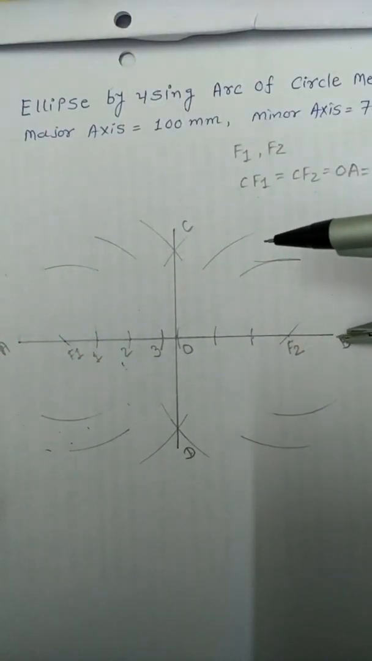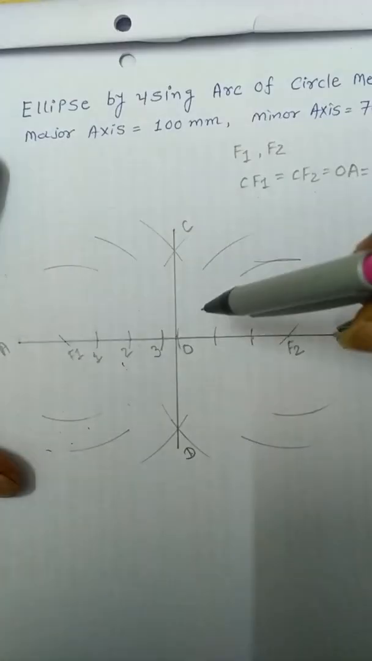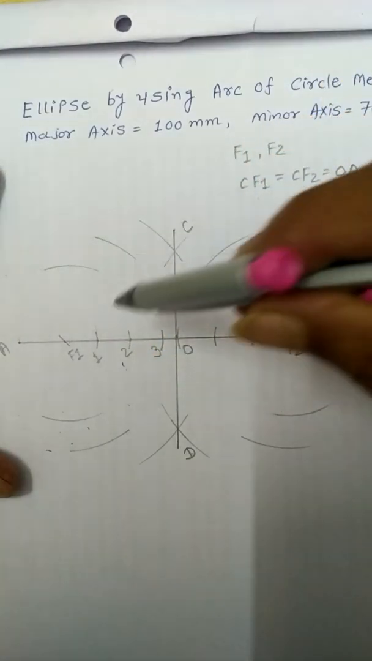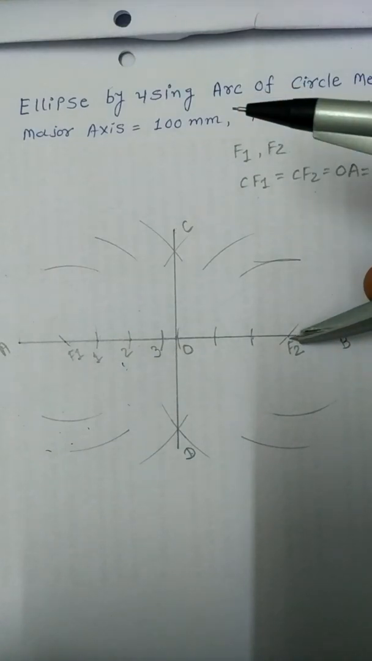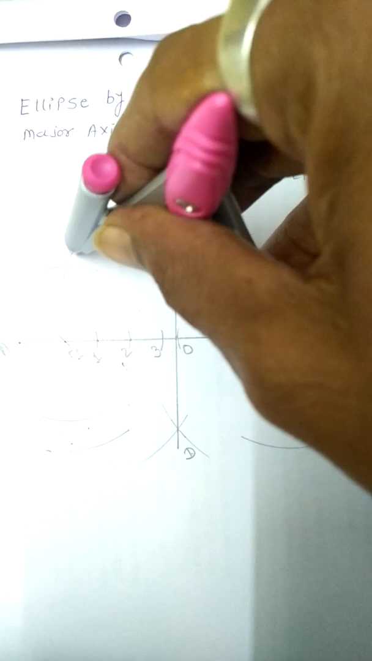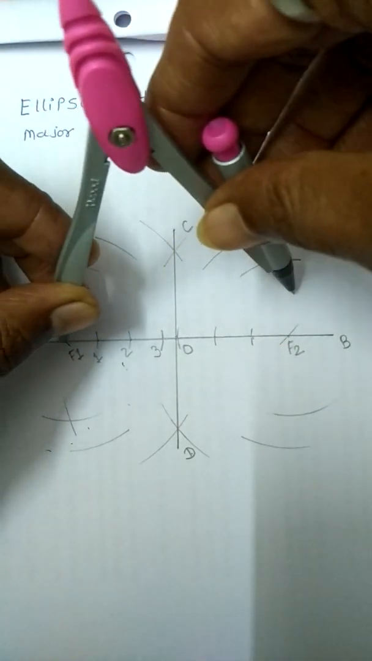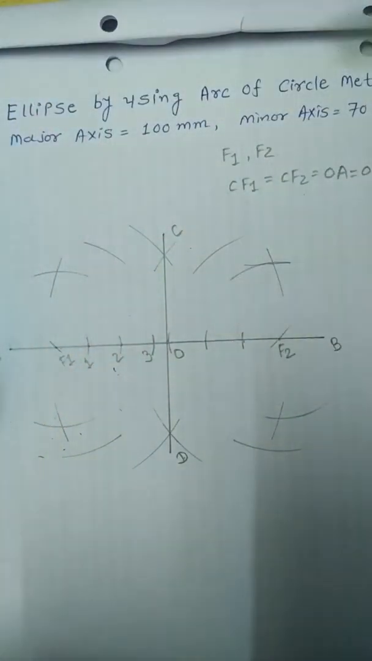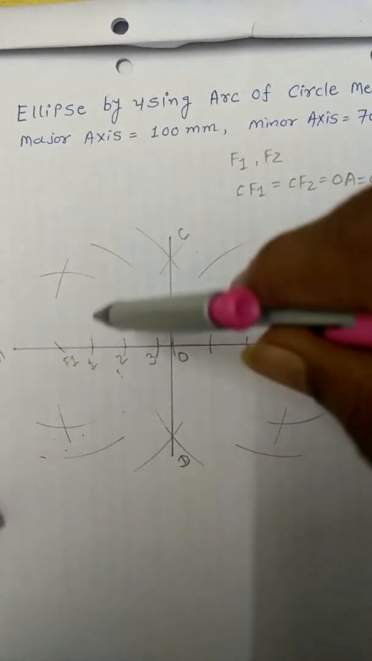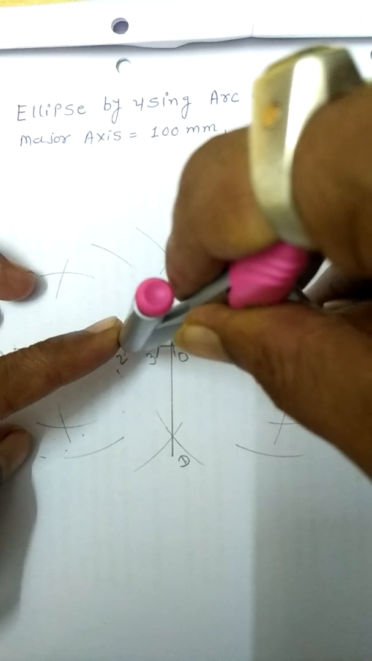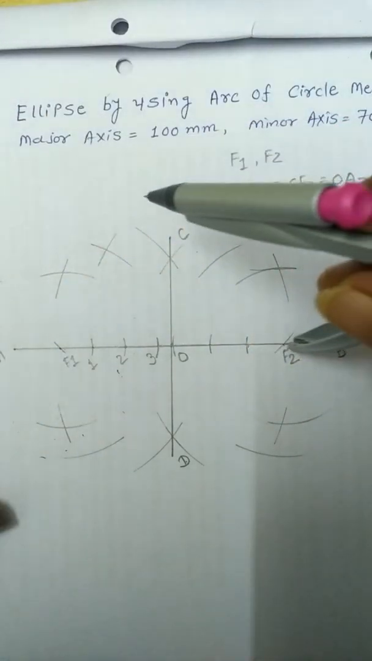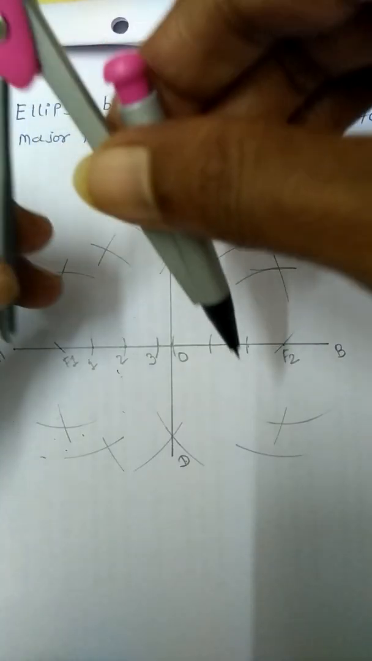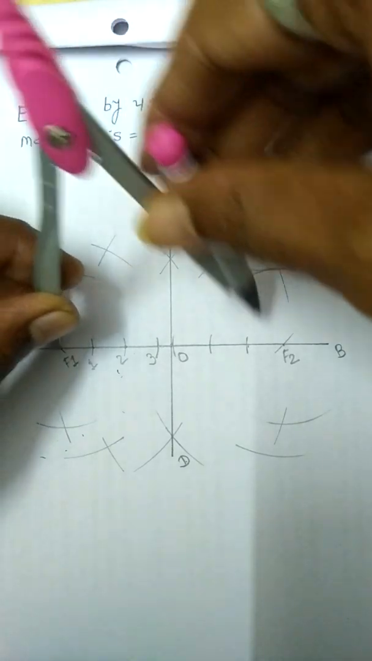Okay, now measure the distance from B to 1. By keeping B to 1 as a radius, now put it on F2 and cut the first arc above and below. The same should be done from F1, cut the first arc above and below. Clear? Now measure the distance from B to 2. Put it on F2, cut the second arc above, and the same below. Put it on F1, cut the second arc above and below,